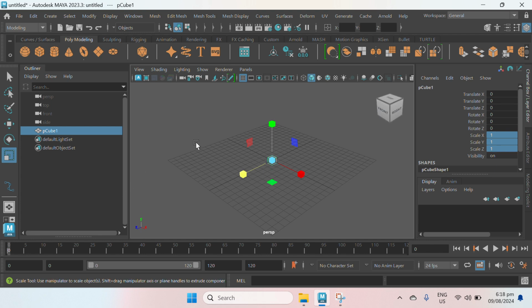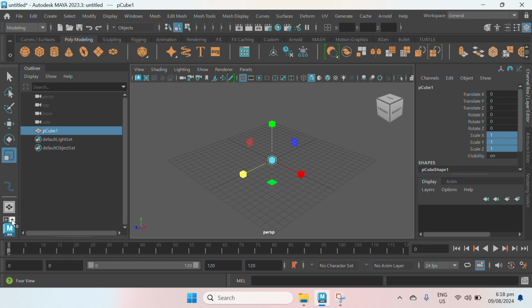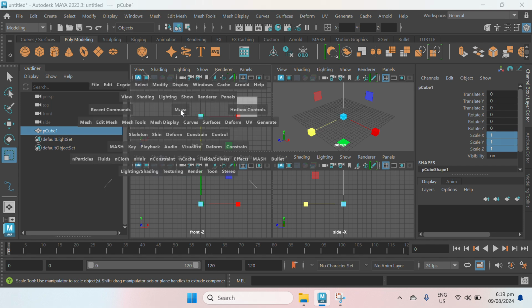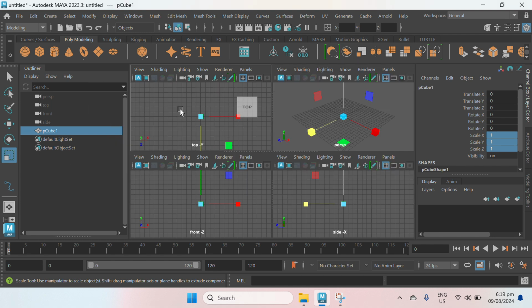Okay. Next, we have the panel layout, the perspective, and the orthographic view. If I click orthographic view, you will see the top view, front, side, and the perspective. If you want to work on the top view, just hover your mouse here and press spacebar. To go back, press spacebar again.